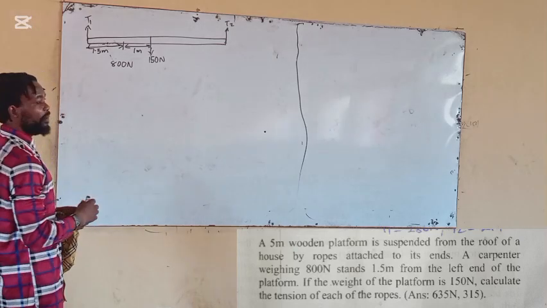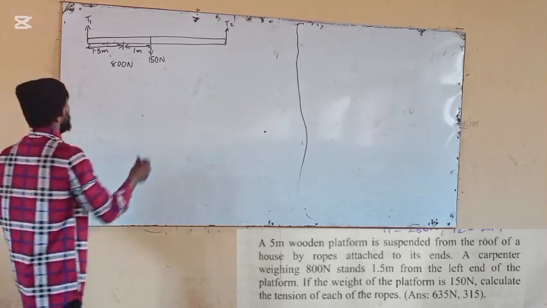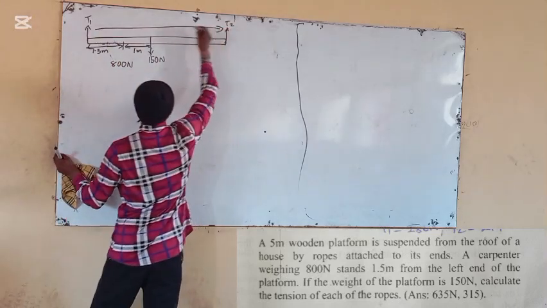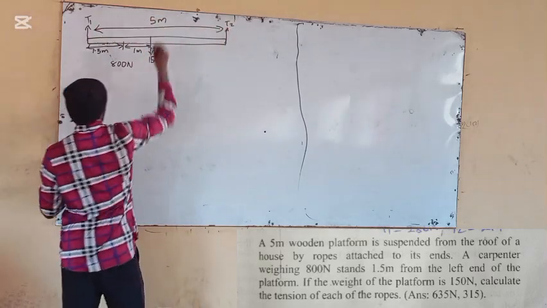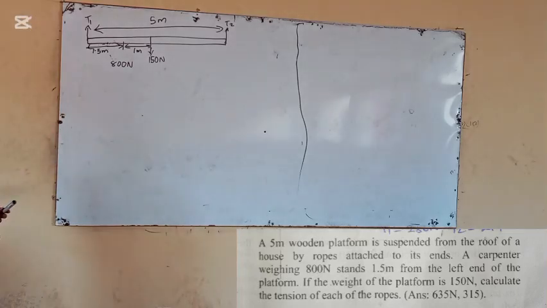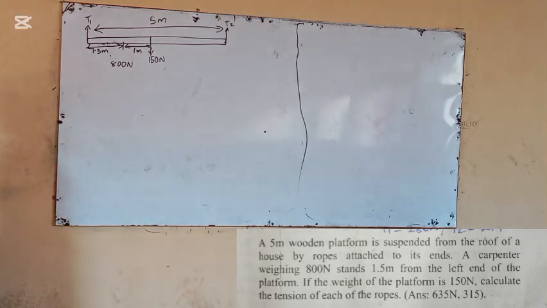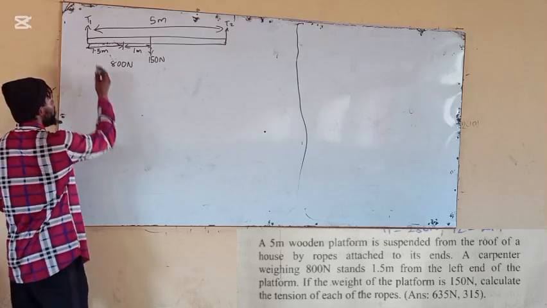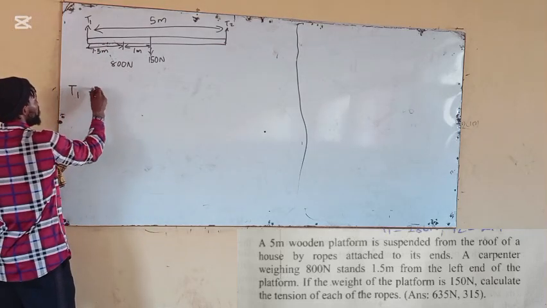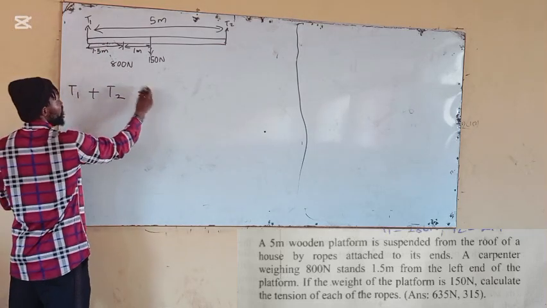So we can still use the same approach we used for the last one to solve this question. Let's use the first method, then we'll use the second method and see. Why I normally use that first method is for you to remember the rules of equilibrium. Upward force must be equal to downward force. Clockwise moment equals anti-clockwise moment, or sum of torque must be equal to zero. So upward force: T1 plus T2 is equal to